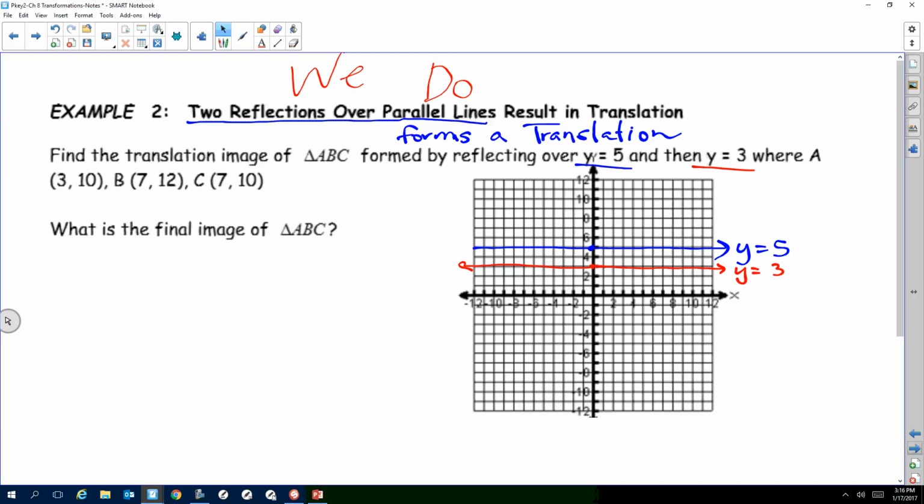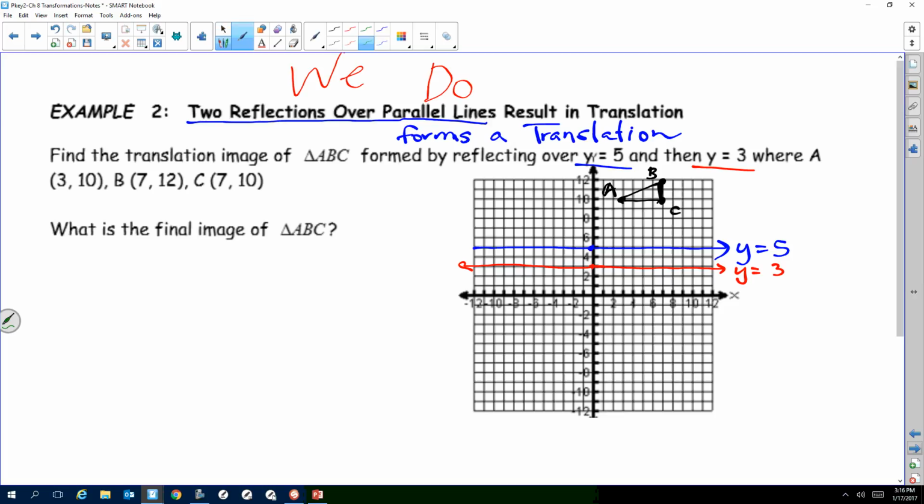All right, we're going to start off with graphing our points. We're going to graph the points (3, 10). So that's my A. (7, 12). That's my B. And (7, 10). That's my C. I'm going to connect those. All right, so we have triangle ABC. They want us to find the final image over two reflections. Okay? Am I off? (3, 10). Yeah, (7, 12). Okay, so